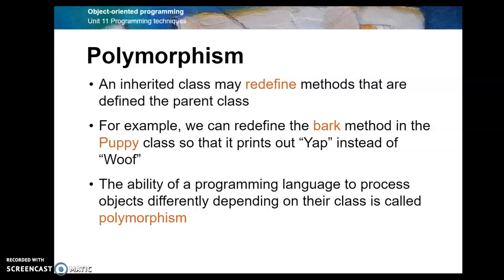Okay, so in the example here, they have redefined the method bark in the subclass puppy. So obviously a big, grown-up dog would say woof, while a puppy will say yap instead of woof. So you are keeping the method name the same. You are in a way overriding the existing method from the superclass to be reflected in the subclass. How will you think